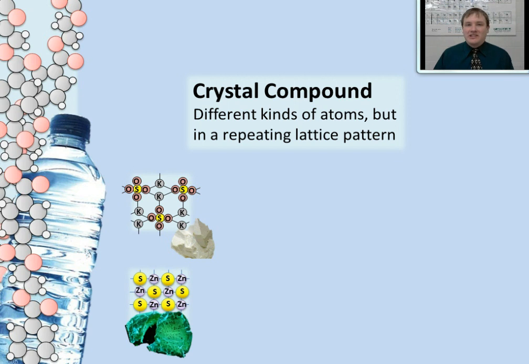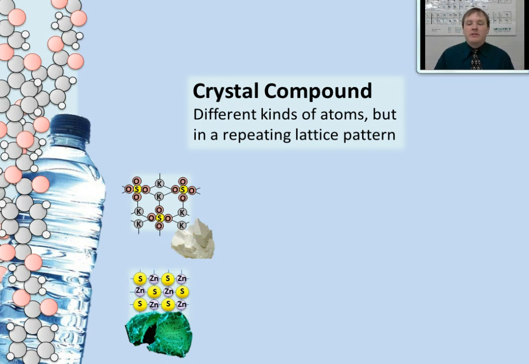Another example would be this substance, zinc sulfide, used to make cheap glow-in-the-dark products. Zinc sulfide is a crystal compound because it's made up of more than one type of atom, but you'll notice this is different than potassium sulfate was. The zinc atoms are individual and the sulfur atoms are individual, except those individual atoms are bonded in a crystal lattice. There are no molecules bonded in the crystal lattice, no groups of atoms. It's all single atoms in the lattice. But still, this qualifies as a crystal compound because it's more than one type of atom, and it's bonded together to make just one building block, one type of crystal.